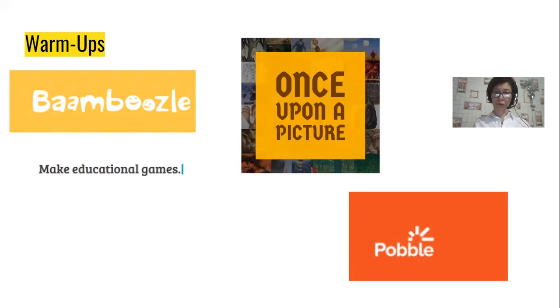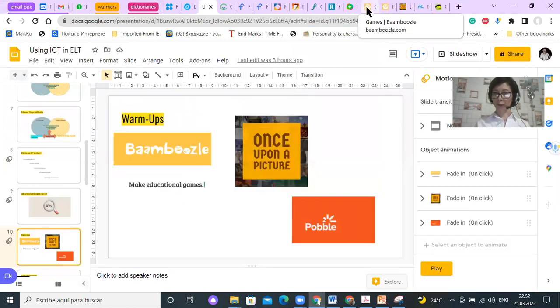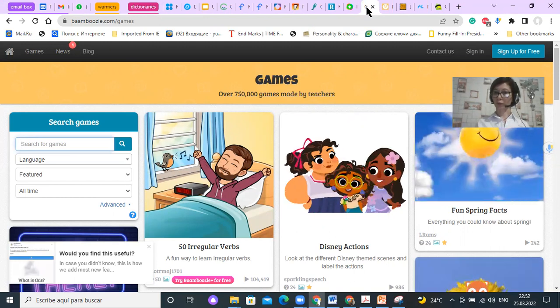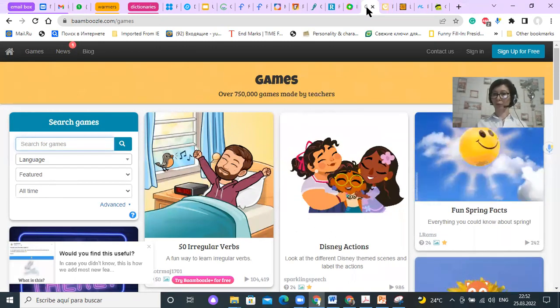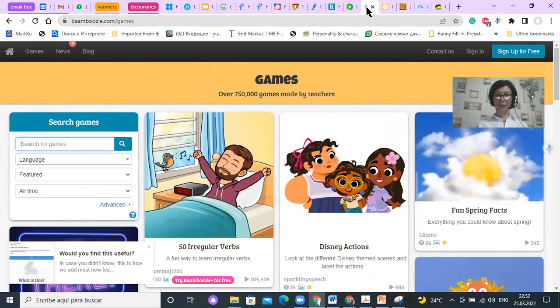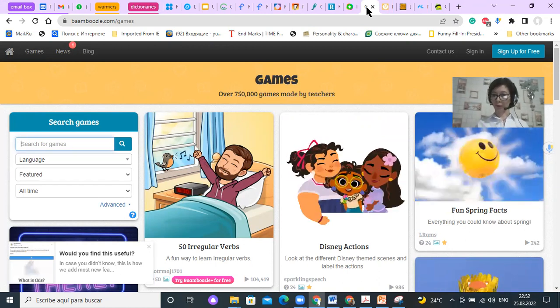Let me also mention that all these applications and platforms that I'm going to share with you have a free version and a pro version. Of course, a pro version helps you choose more options, more varieties, but still, a free version is enough. And some platforms also offer you a free trial of a pro version so that you can taste and see and experience how it is to use the whole bunch of opportunities. So I should say that I am good with using only the free variants of all these applications that I'm